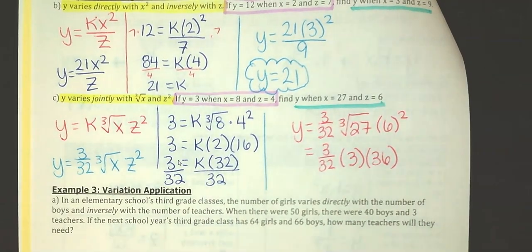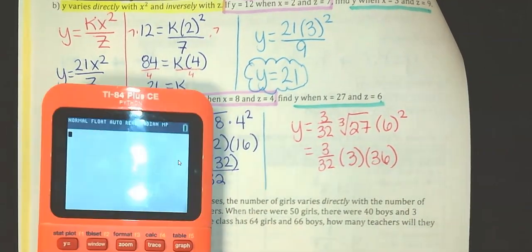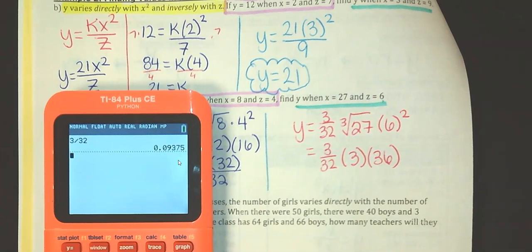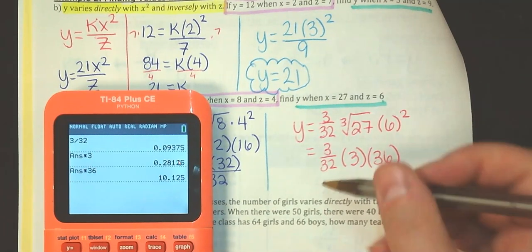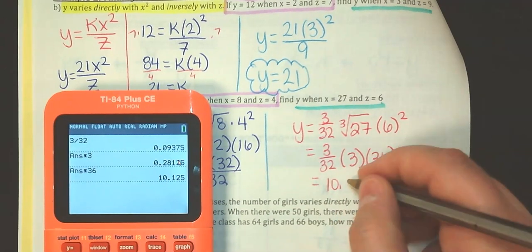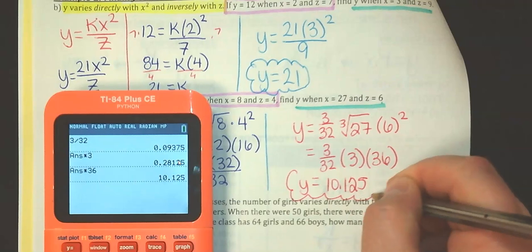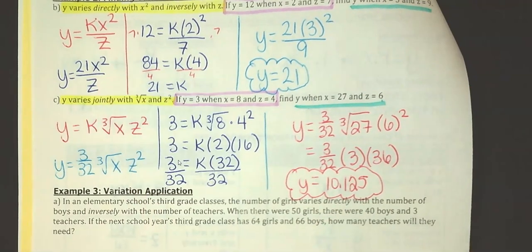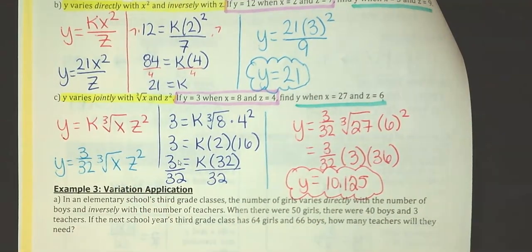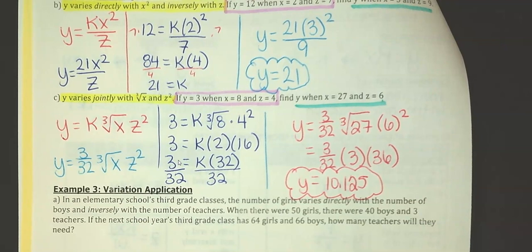That might be a couple less buttons to push on your calculator, but I'm going to do 3 divided by 32, multiply that by 3, multiply that by 36, and I'm getting 10.125 is going to be my y. So that's all that to get that answer to the question there. These just end up being 2 problems in one. You've got to set up to figure out the constant, and then once you've got that, they're going to ask you to use your equation to find